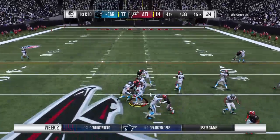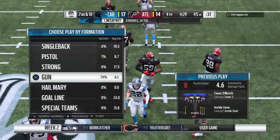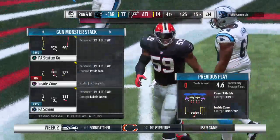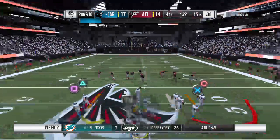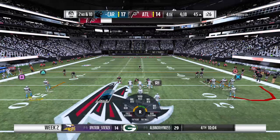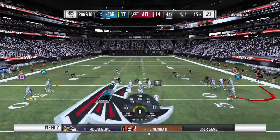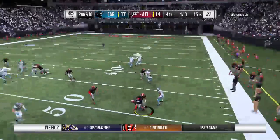They'll run it now out of the gun. Looking for a seam, but finding none. He'll get back to the line of scrimmage, and that's it. Tackle made by Devondre Campbell. And the trend continues here in the 4th like it was in the 1st, 2nd, and 3rd. He's had nowhere to run. And you're probably thinking to yourself, why do they keep feeding him the football? Well, they trust him first and foremost. They do believe that over time he might actually pop one of these runs. The bottom line is...